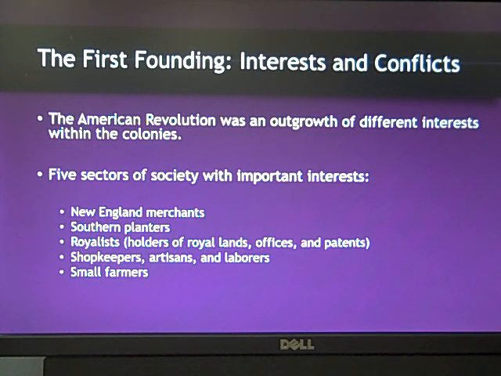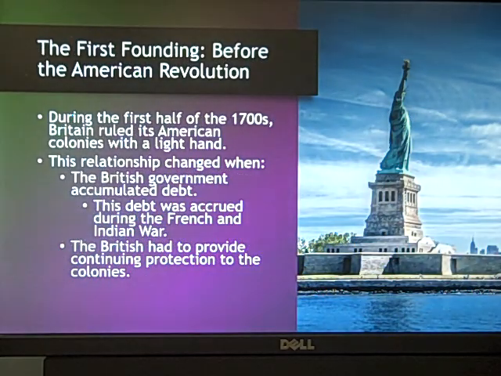There's not a whole lot of difference between Massachusetts and Rhode Island. North and South Carolina might as well be the same state, right? But Northern South Carolina and New York are not the same. They weren't the same in 1787. They weren't the same in 1750. They're just not the same, right? So there's all sorts of regional issues and interests that are going to have to get taken into account there.